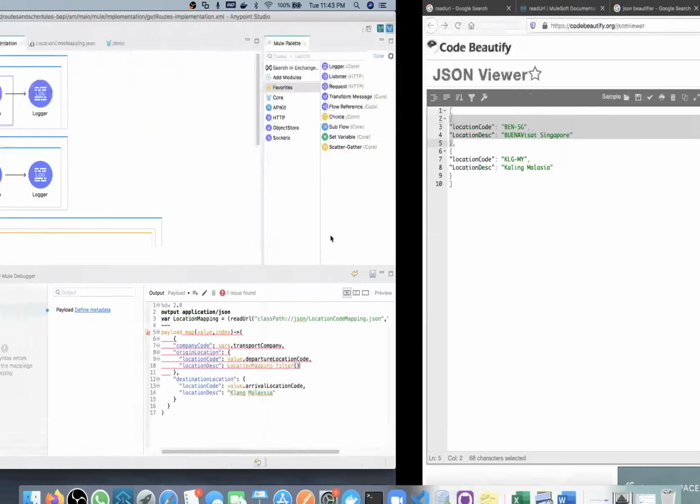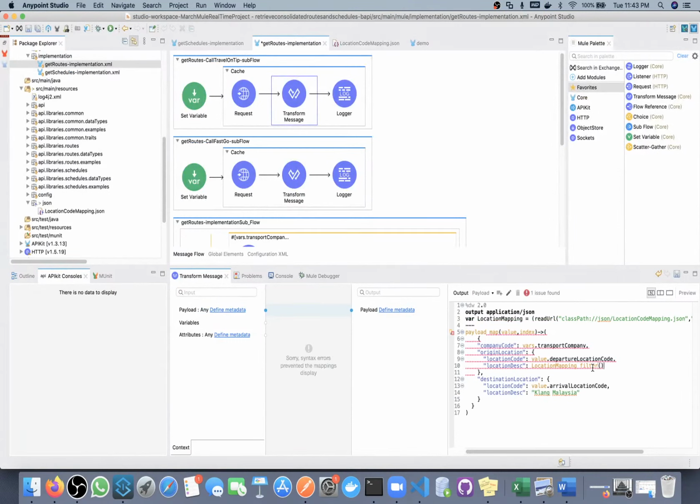So I will filter, checking object dot location code against this value dot location code.